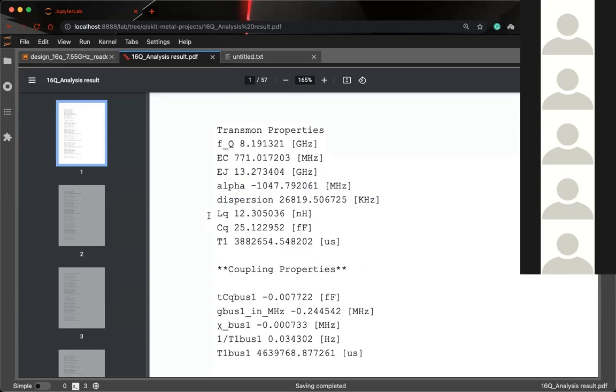Okay, and then L and C values are basically your effective inductance and capacitance, which we calculate through the capacitance matrix, which comes out from the finite element analysis.